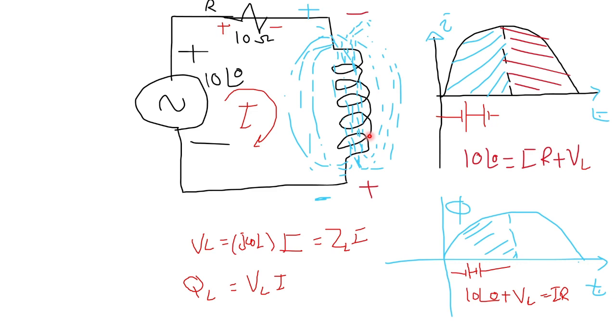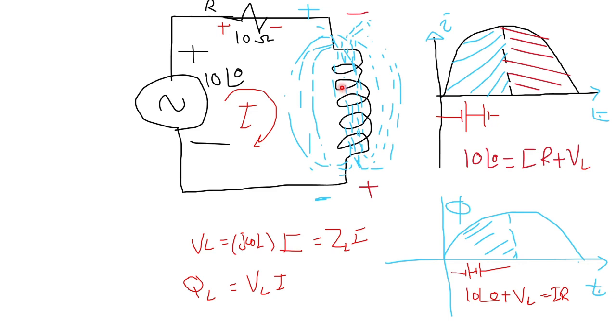That's why the EMF generated on the coil is called back EMF. When the current increases and the rate of change of the current is positive, the coil stores energy, absorbs energy from the source and stores it, and hence the polarity of the back EMF is like the resistor. It's a voltage drop. When the current decreases, the back EMF, or the stored energy on the coil, will be released back into the circuit, and the voltage drop across the coil would be like a voltage rise instead